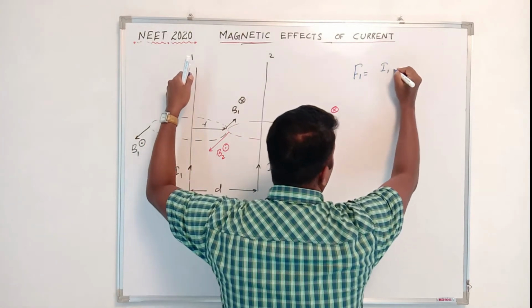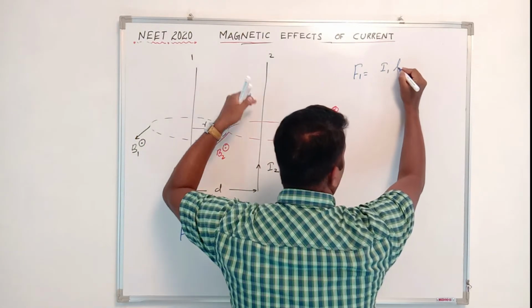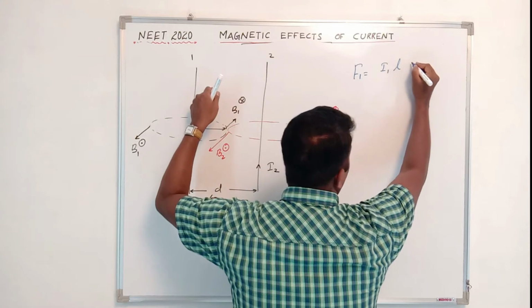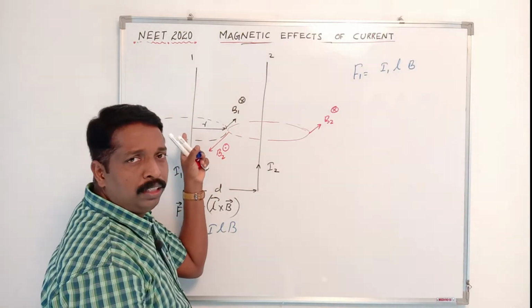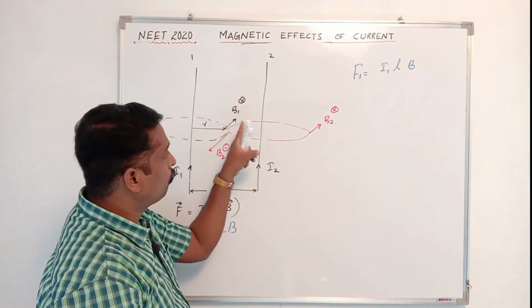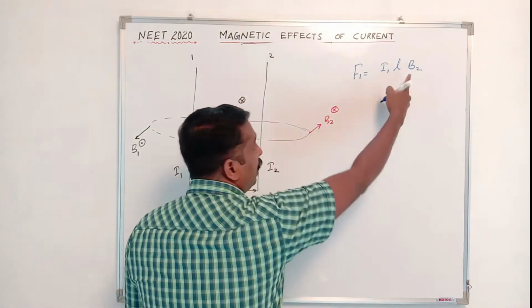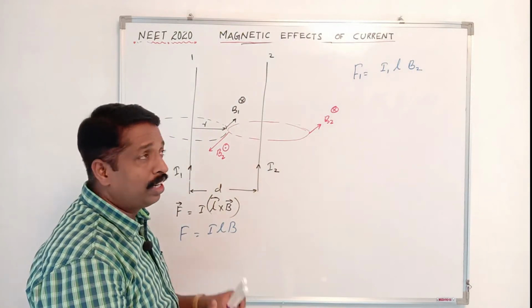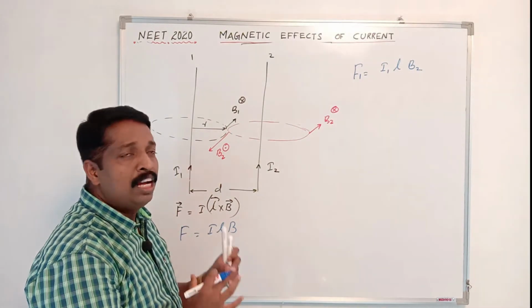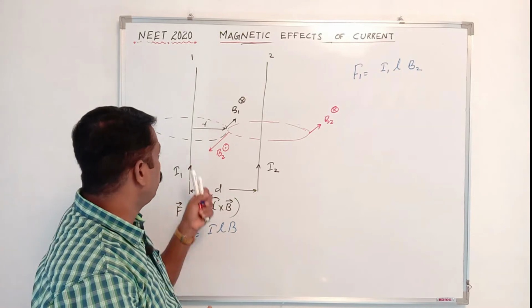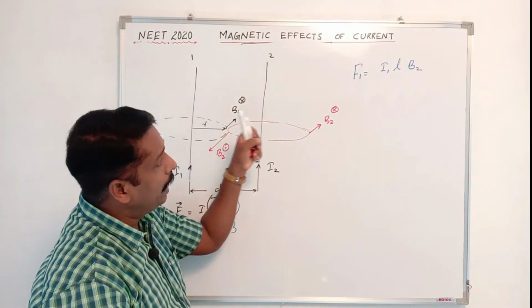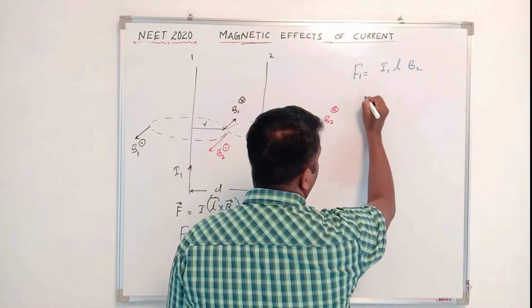The lengths of the conductors are the same, so L is taken. Then B. The force experienced by the first conductor is due to the magnetic field of the second conductor, so this is the external magnetic field. For the first conductor, the external field is B2. So it can be written as